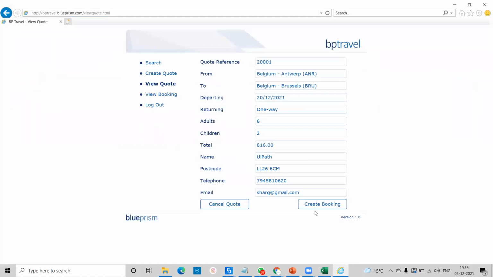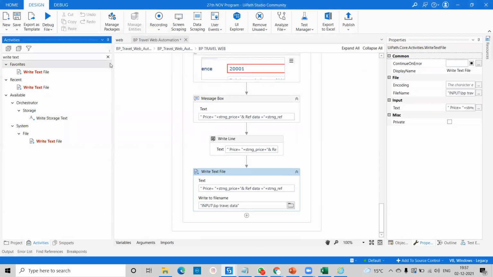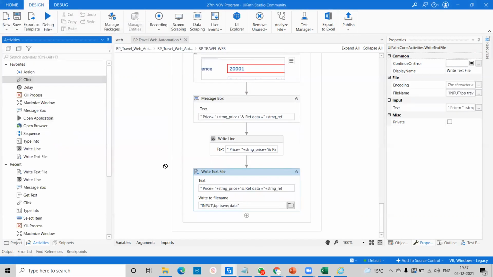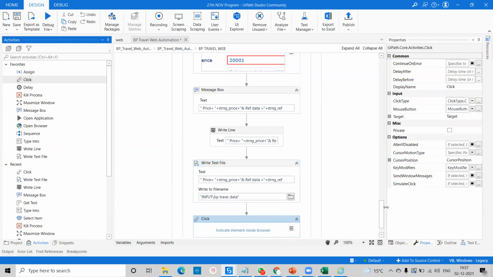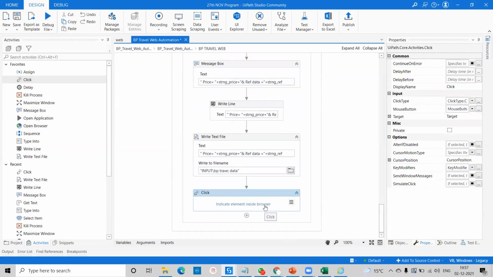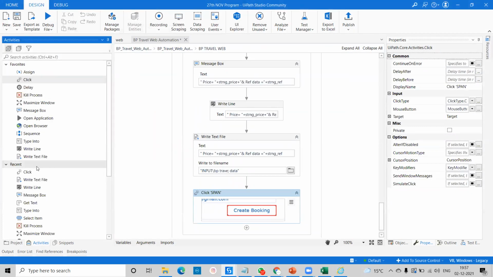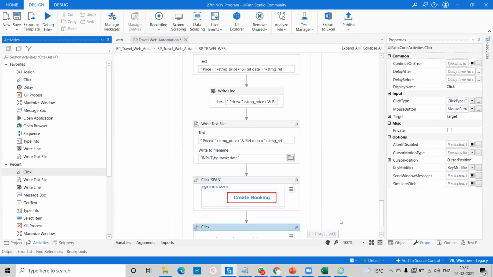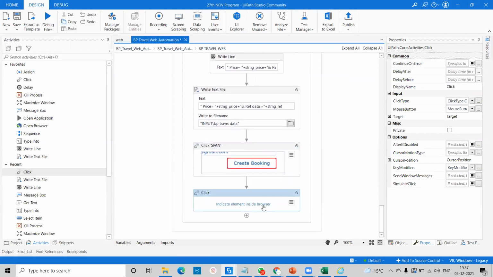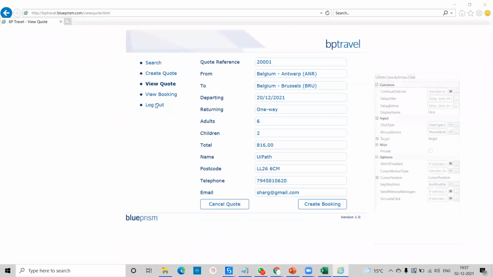After that we have to click on create booking, simple, and then click on logout. So one type of process, one type of project, we are automating here. For clicking on create booking, we simply take the activity called click. If your click is not working, you can take the double click also, but here click is fine. We'll drag and drop the click activity for create booking, and after that we'll go for the logout. For logout, again the click activity. If you click on logout, you are able to log out through this project.